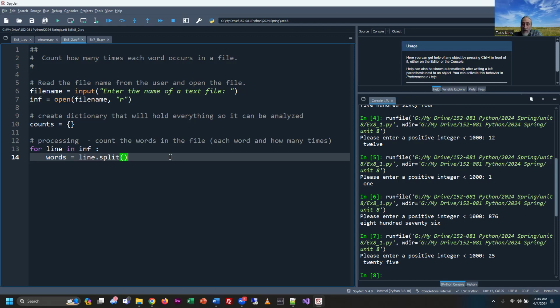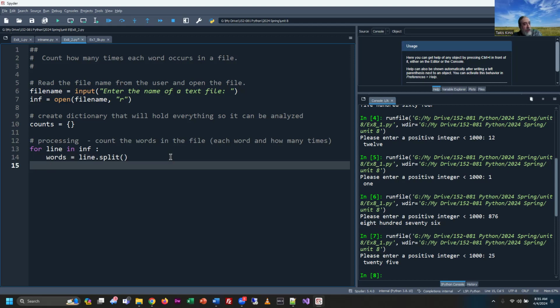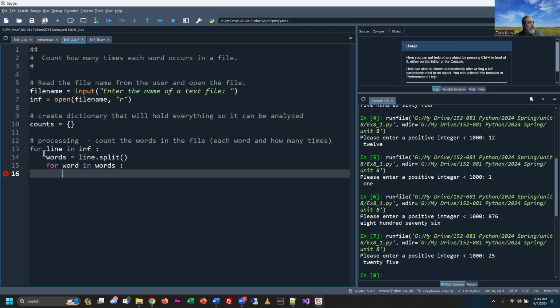Now, since we have all the words in a list, we can traverse that list to start analyzing if we have the word and counting them. So we'll start with, for each word in the words that we just pulled out of there, we're going to do the following. First, we'll take the word that we have and run the strip function on it. And what strip does is it removes